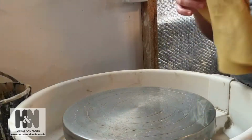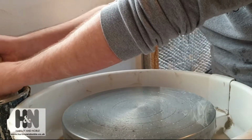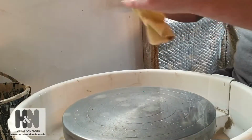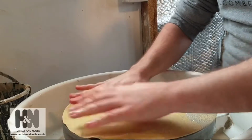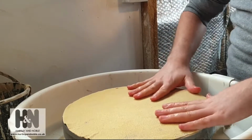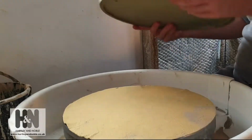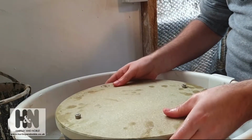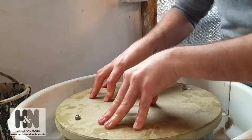First with this, you're going to want to get your chamois nice and wet, and then just lay it onto your wheel head. Make sure it's nice and even. Take your master bat, place it over the wheel head. Just push it down, make sure it's nice and secure,